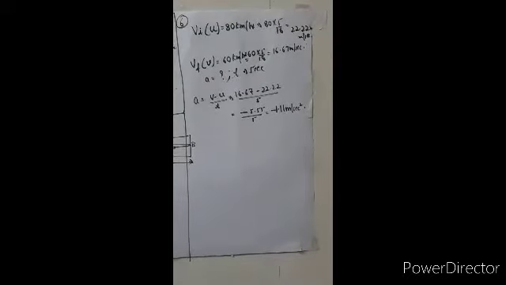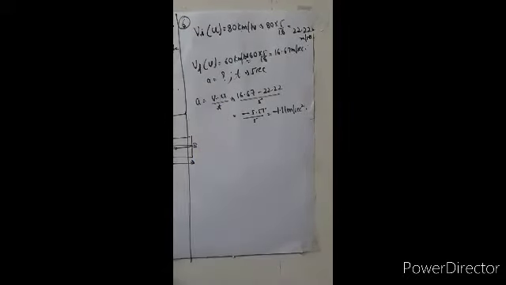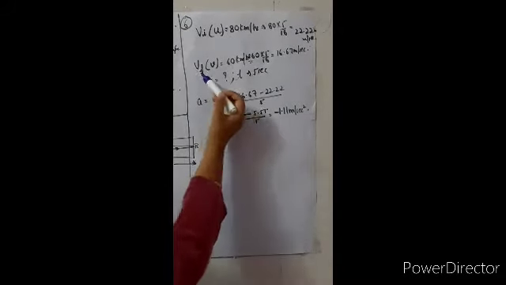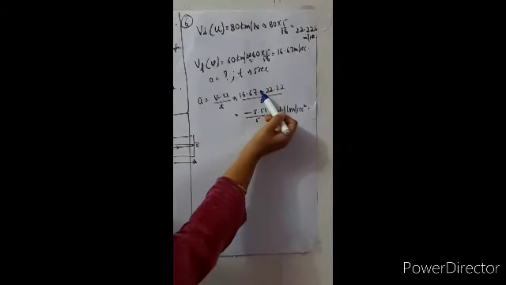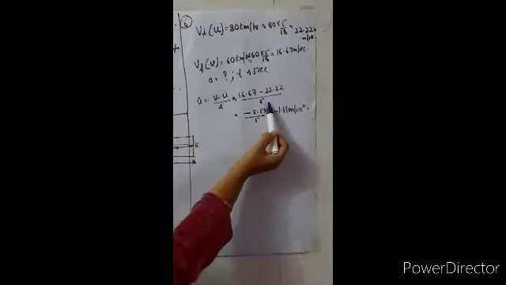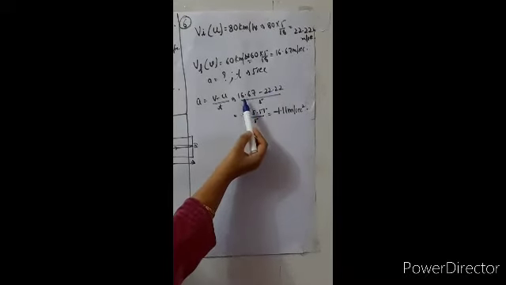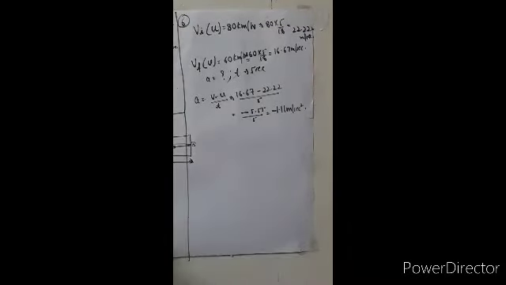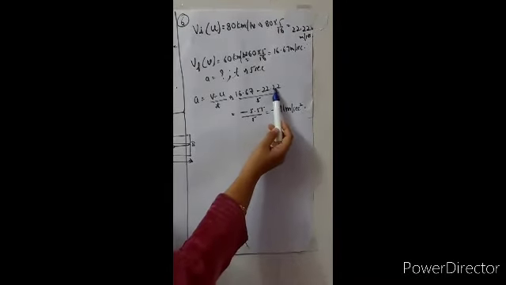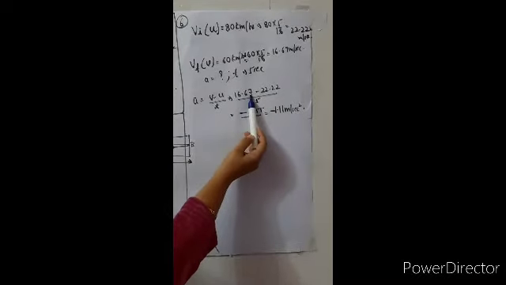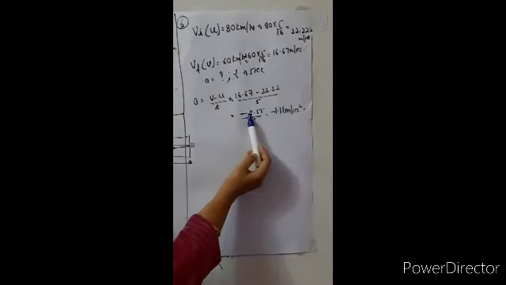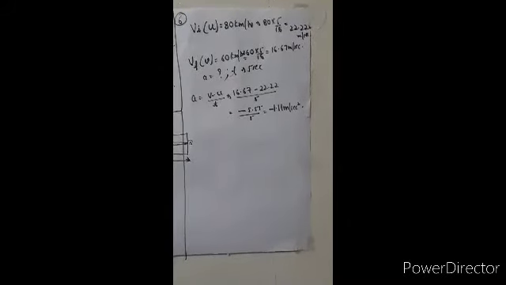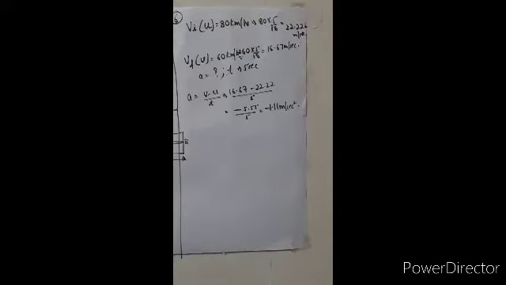So the formula of acceleration, a is equal to v minus u over t. That is final minus initial velocity over time. Final velocity is which one? This one. 16.67 minus initial, 22.22, over 5. So when you subtract this, you have the answer 5.55. But because this 22.22 is greater than 16.67, this minus sign will come. So it is minus 5.55 over 5. When you divide it, this is minus 1.11 meter per second square.